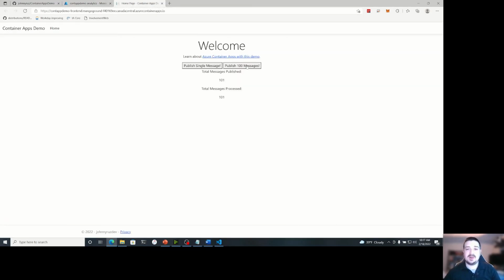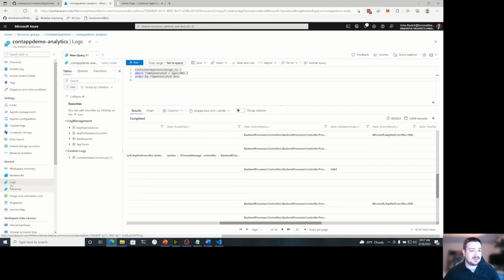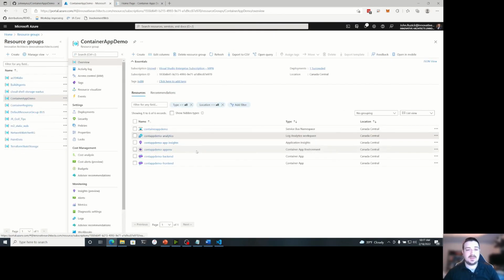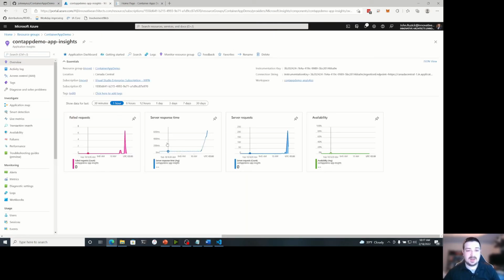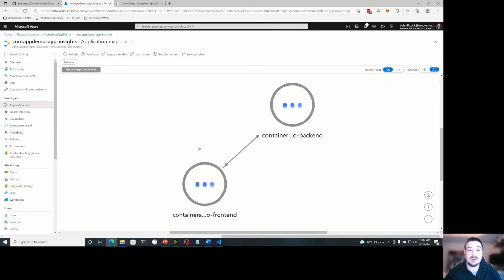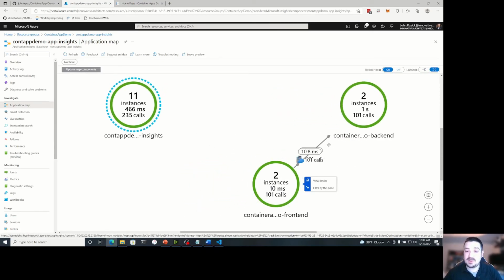Let's go ahead and publish another 100 while we're out here. And you'll see now that we've got 10 replicas, this is going a whole lot faster. So let's take a look at one final thing, and that's our App Insights. So you'll see we've got metrics coming in, server response times, different server requests coming through. Depending on how fast this is loaded data in, we can start to look at an application map with our front end and back end with all of our Dapr calls and dive into what's going on here.